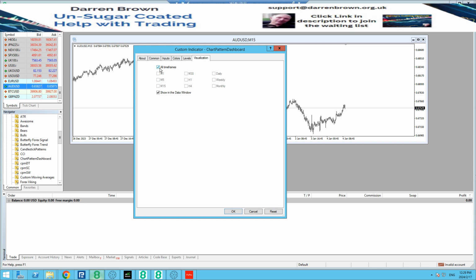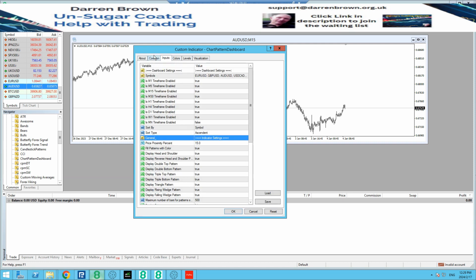So this will basically show all time frames, or you can have it where it's only going to show a 1 minute, 5 minute, 15 minute, 30 minute, 1 hour, 4 hour, daily, weekly, or monthly. And this you can show in the data window as well. Okay, so you know it's quite a clever little bit of kit this. And then you've got the common, which obviously is fixed minimum, fixed maximum, and then you've got the inputs, which